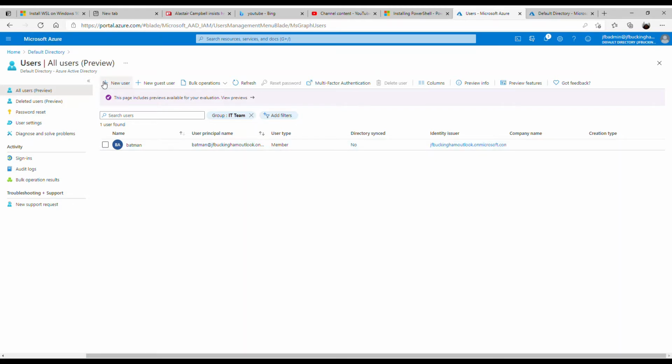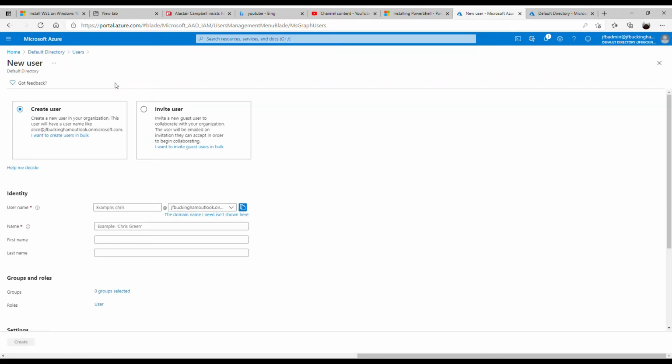So I'm going to create a new user. We're going to create a brand new break glass account, and this user is going to be called emerge admin. Emerge admin sounds about right, if I can just spell that one. So I'll take that, copy the name,